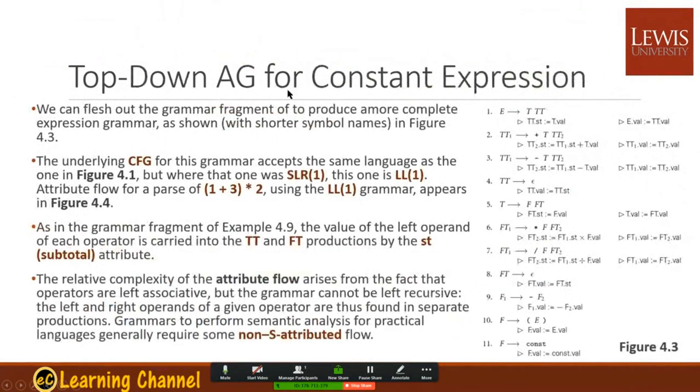Top-down attribute grammar for constant expressions. So we have this E, T, whatever, but we divide it into two rows for TT, term tails, and the same for factor tails. We can flesh out the grammar fragment to produce a more complete grammar as shown. The underlying CFG for this grammar accepts the same language as Figure 4.1, but where that one was SLR